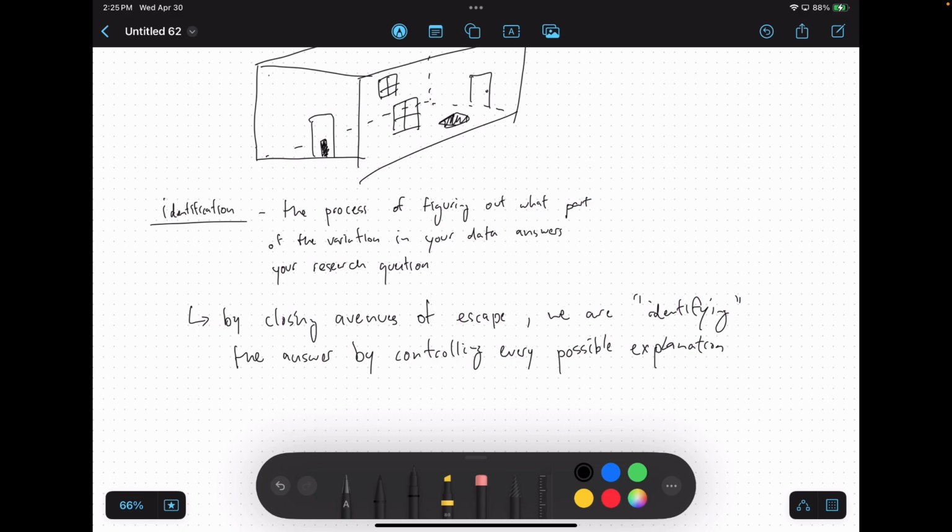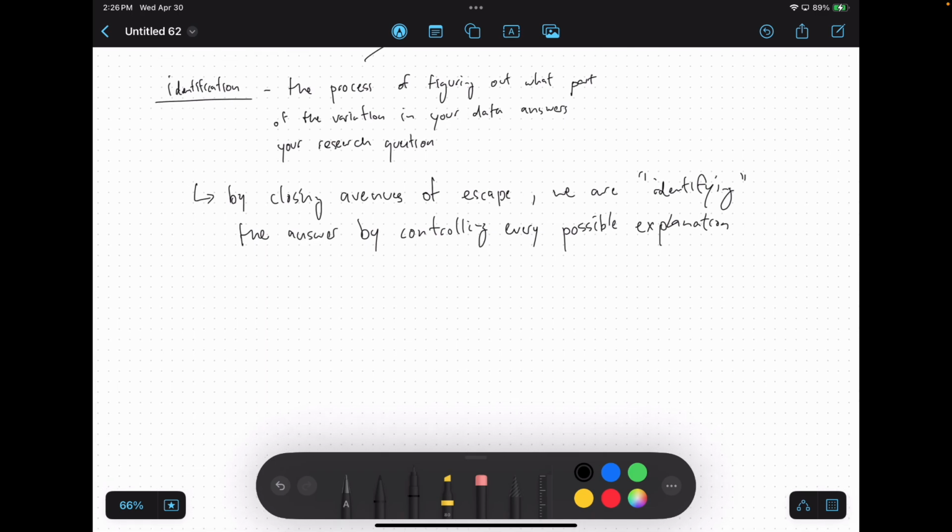What do you guys think? Is using some window or door. Yeah, that's right. So, window or door, or one of those 10 things. Could I tell you which one of those 10 things? No. You're shaking your head. Open each one at a time and see if you get that again. Yeah, exactly. And so you actually need variation. You need to be able to observe changes in that thing that you're interested in measuring. And without that variation, you actually don't have the ability to do proper identification.